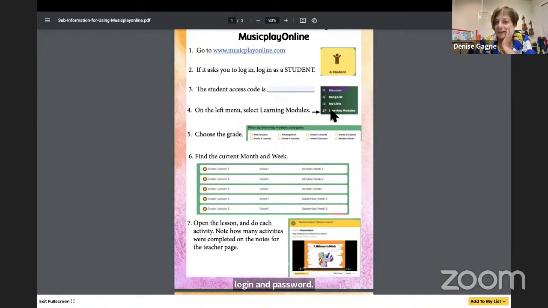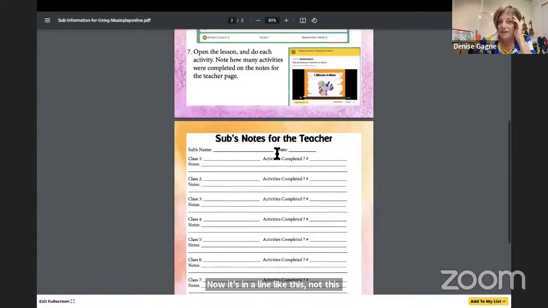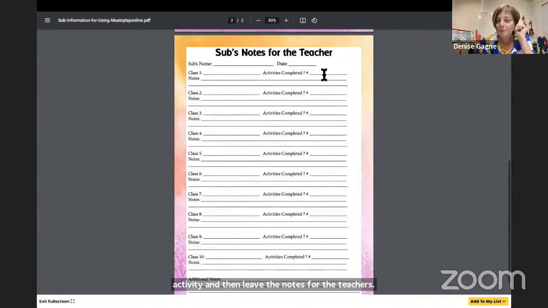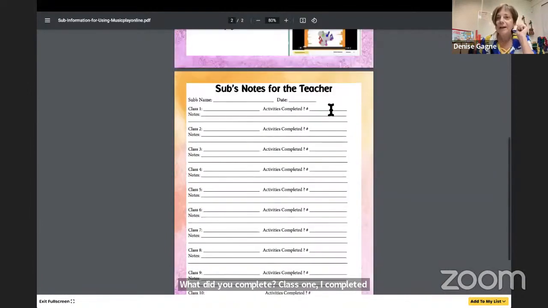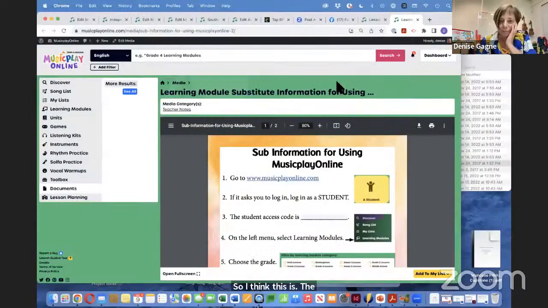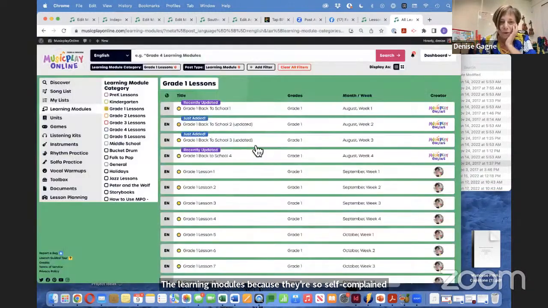On the left menu, select Learning Modules, choose the grade. That actually needs to be updated because it looks a little different. Now it's in a line like this, not this way. Find the current week and month. Open the lesson, do each activity, and then leave the notes for the teachers. What did you complete? Class 1, I completed this many activities. Class 2, this many. So I think this is the easiest thing going for subs. The learning modules, because they're so self-contained and step-by-step,